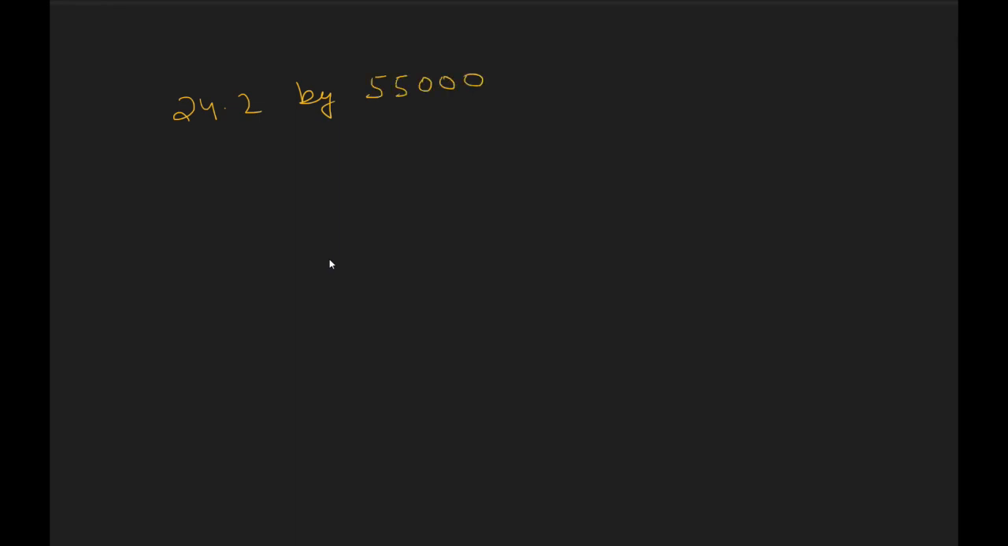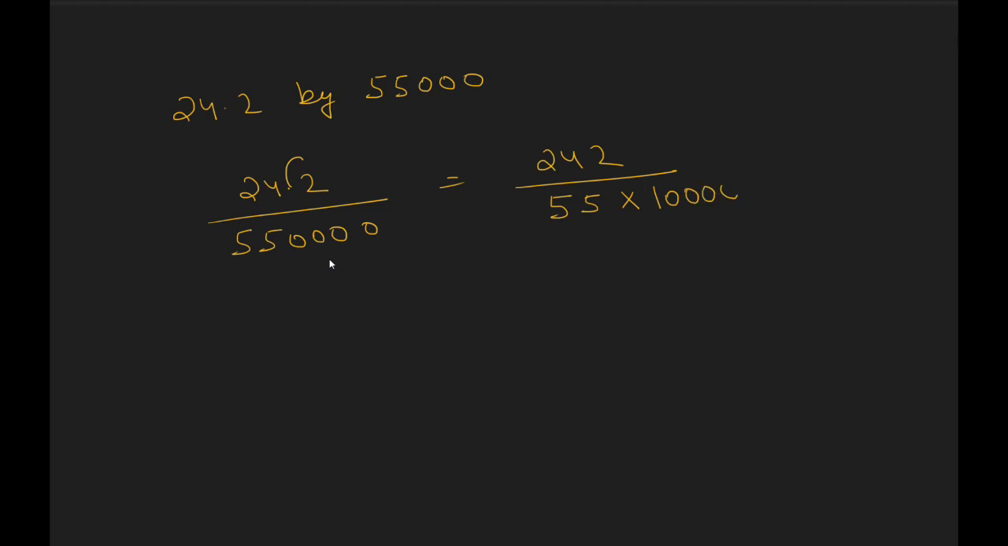So just this will be 24.2 upon 55.1, 2, 3. You remove the decimal, so it becomes 242 divided by 55, with this many zeros and 4 zeros. So now divide 242 by 55. So you will get the answer as